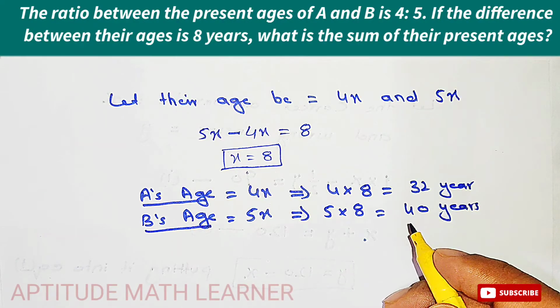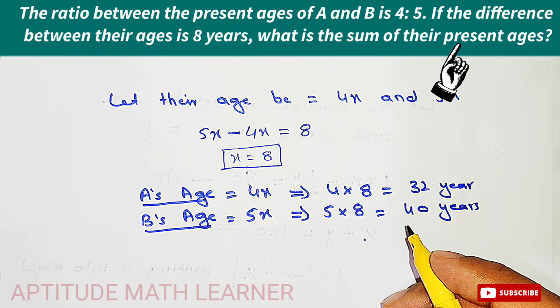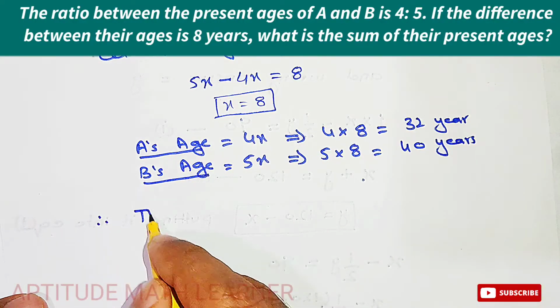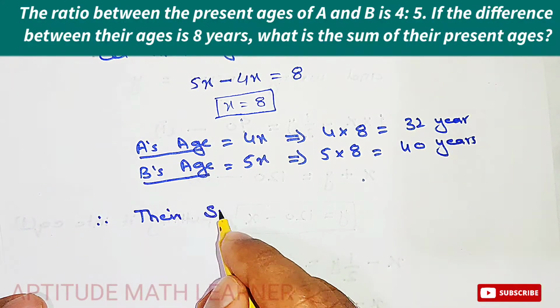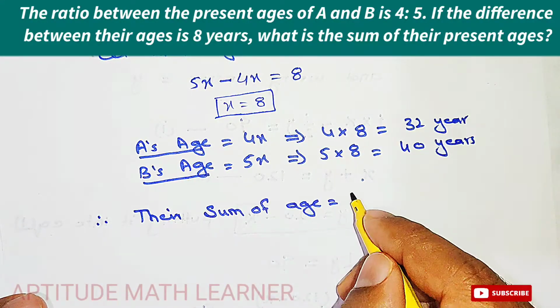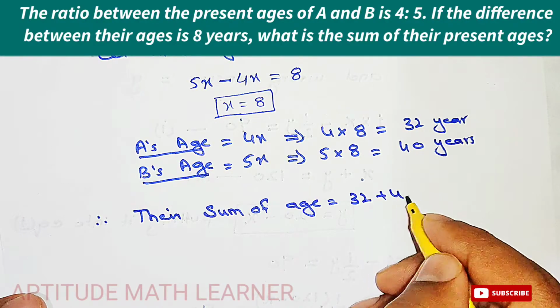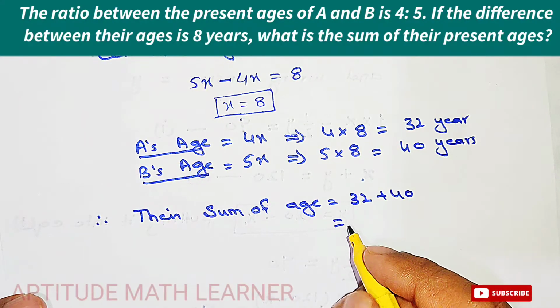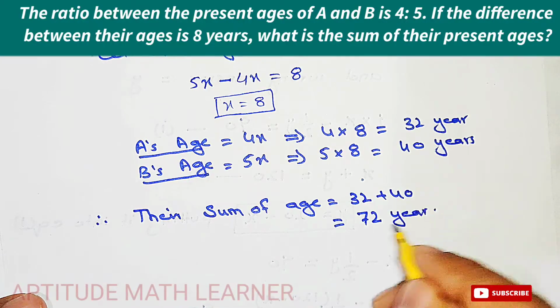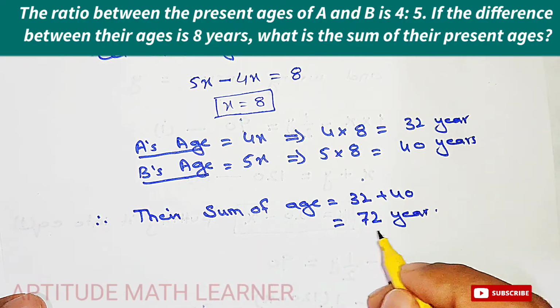Now what is the sum of their ages? So therefore their sum of ages will be 32 plus 40, and this becomes 72 years. So this is the sum of their ages and this is our